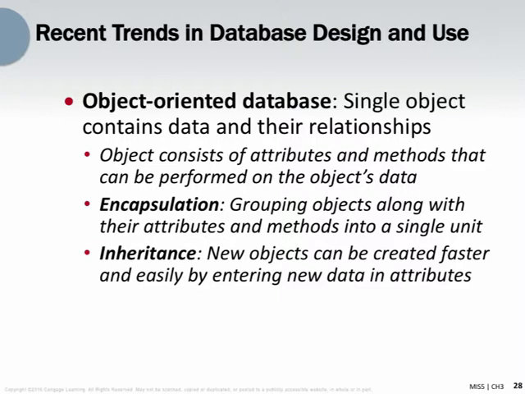In the system, we call it inheritance. It's difficult to explain object-oriented databases if you do not have a background in object-oriented programming or something like that. So the reading is really going to be your friend here,